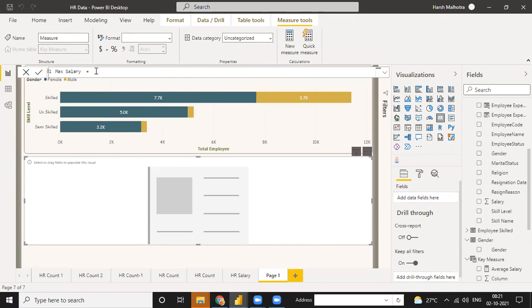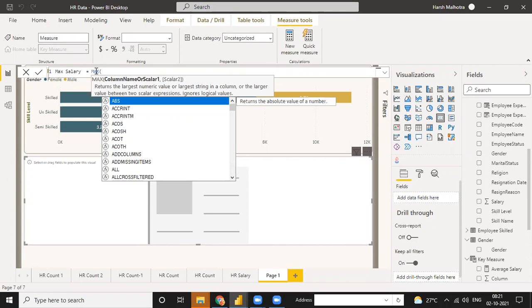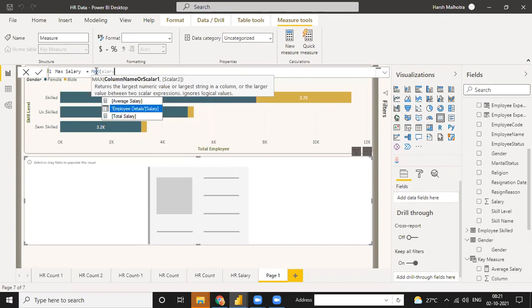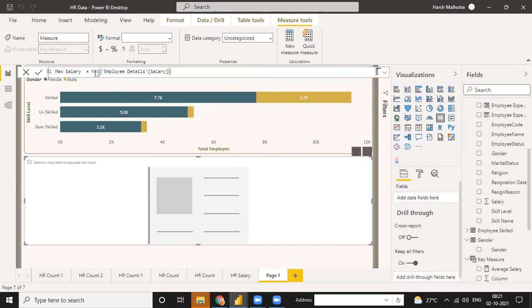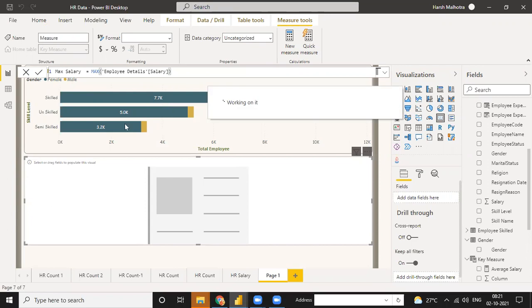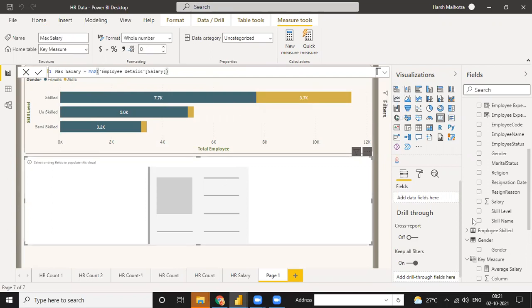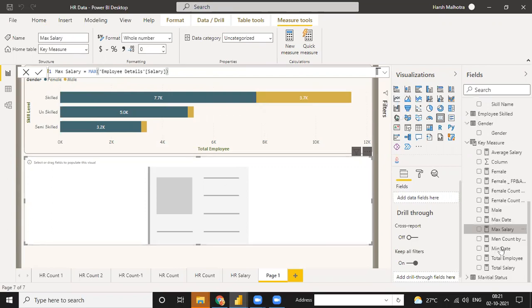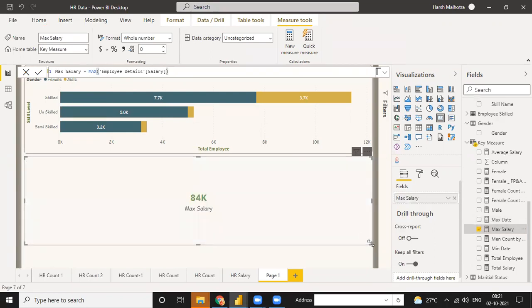For maximum salary, I can use the MAX function on salary. Okay, so we have it here. Maximum salary is 84 lakh in our data.